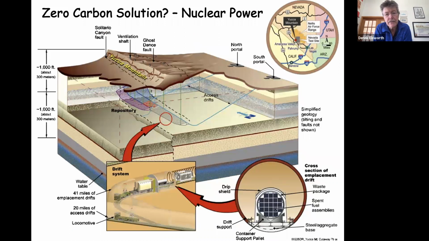So this is kind of the layout of the so-called Yucca Mountain as it would have been. And it's a tunnel that goes down to depth. It's about